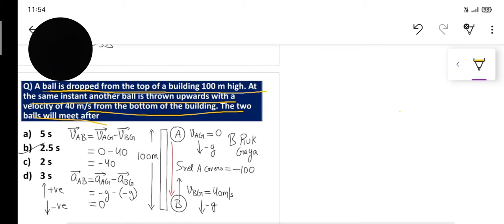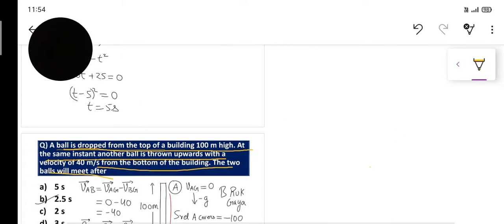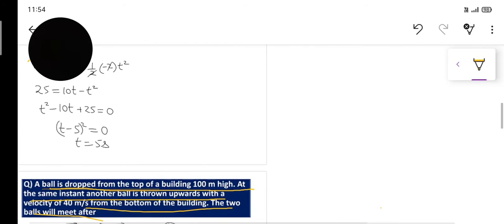Okay, a ball is dropped from the top of a building, a 100-meter high tower. A ball is dropped from the top of a building, 100 meters high. At the same instant, another ball is thrown upwards with a velocity of 40 meters per second from the bottom of the building. The two balls will meet after